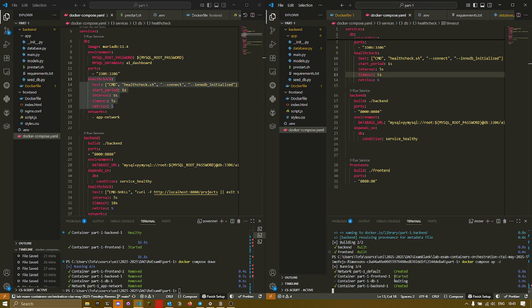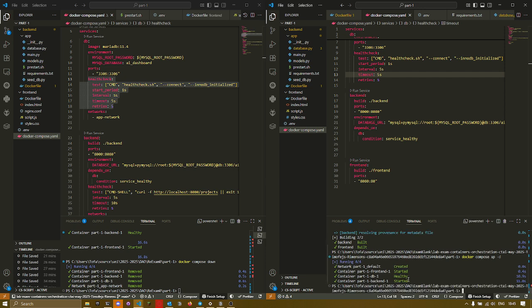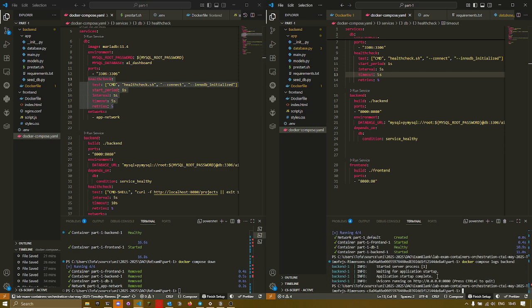Here you can see that now database is waiting for being healthy, and container backend is not started before it's healthy. So now we'll check logs for backend, and it looks like everything runs properly. Finally,